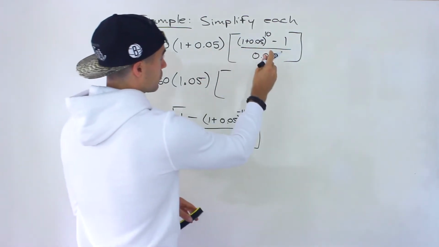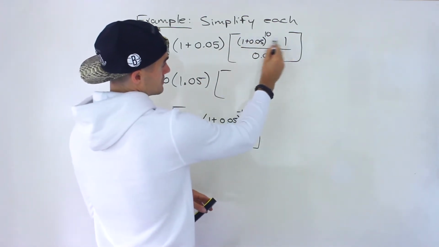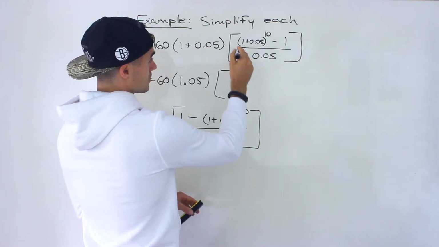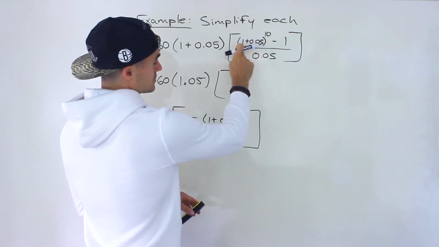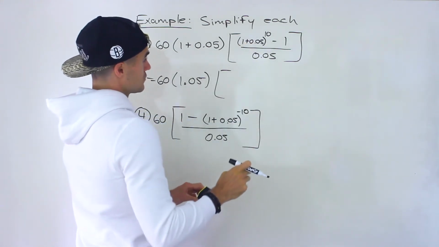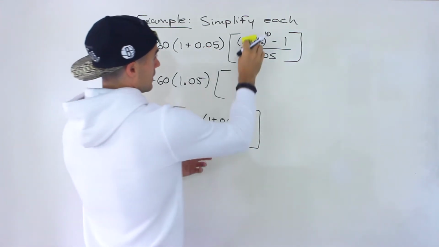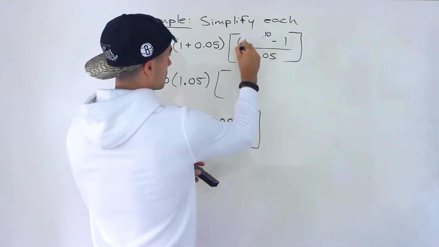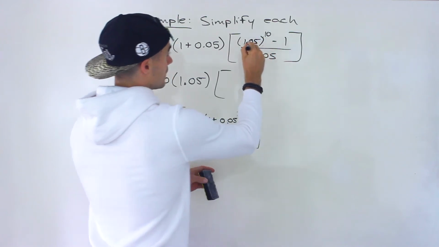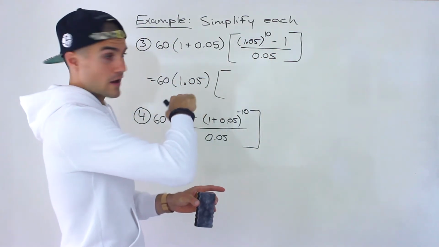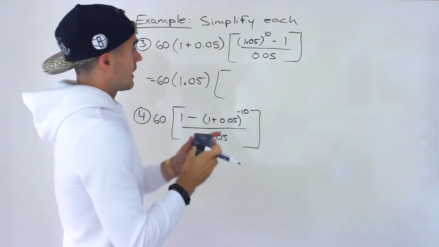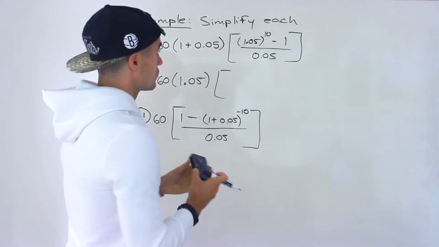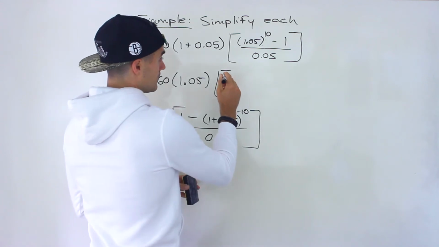And then in this big bracket, what we're going to have to do is simplify this numerator first before dividing by this denominator. So you would simplify this bracket, 1 plus 0.05. It's actually the same as here. And so this could be like your next line. I'm just going to write it over here just to save some room. We'll have 1.05 to the power of 10. And then you have to do this exponent here before subtracting that. 1.05 to the power of 10 would give you